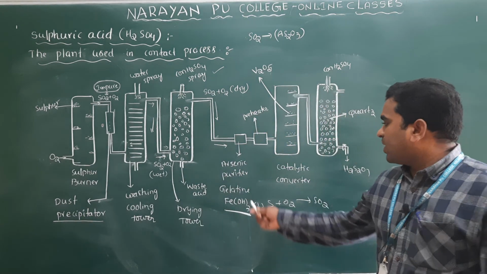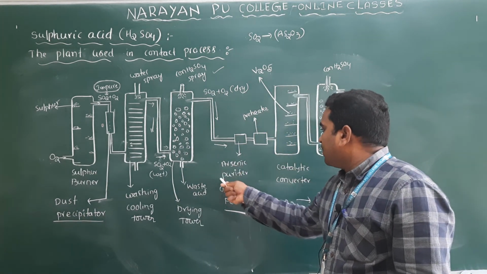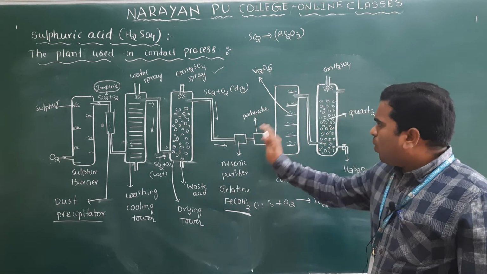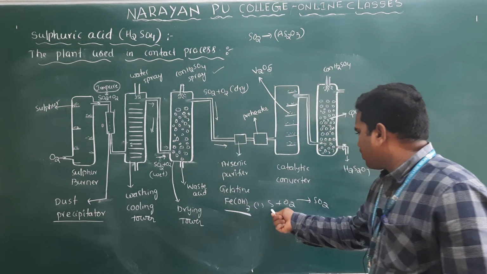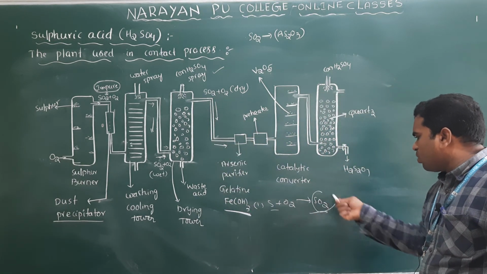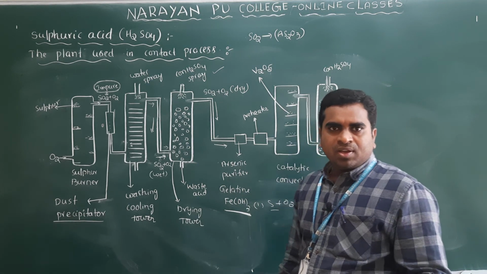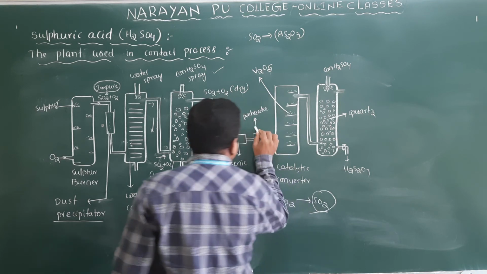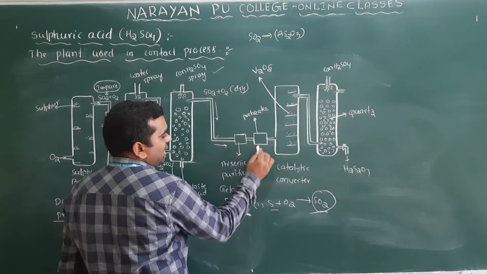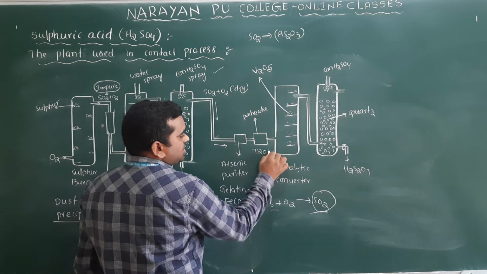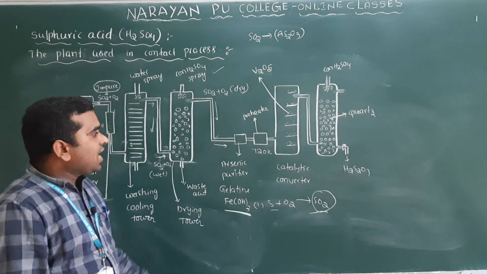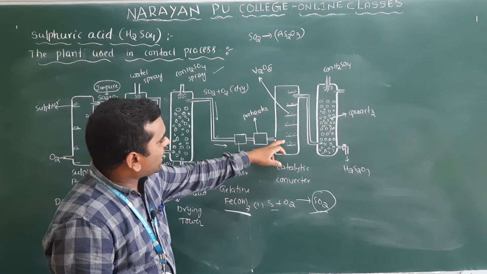That we will call the arsenic purifier. Now what we have done till now is just convert the sulfur to sulfur dioxide, and now we are purifying this sulfur dioxide. That's the only thing. Clear? Then this is a preheater. After that, we are maintaining how much temperature here? 720 Kelvin. And after that we will pass it into the catalytic converter.